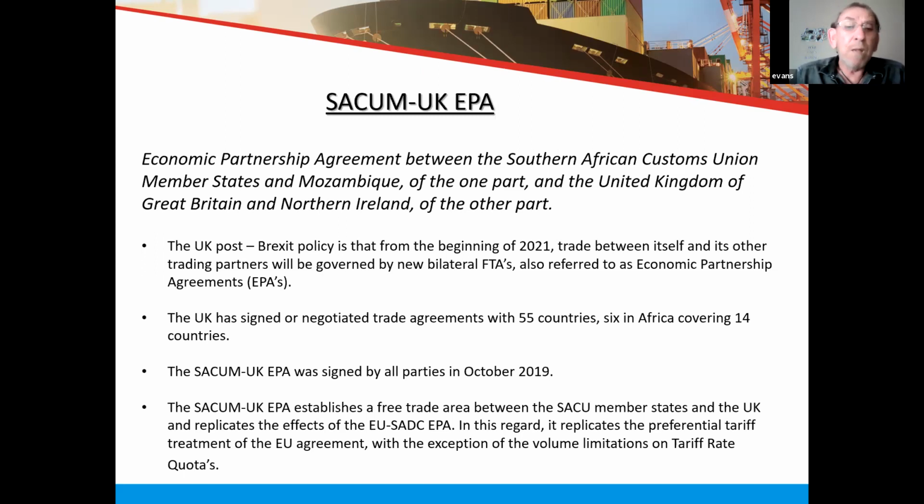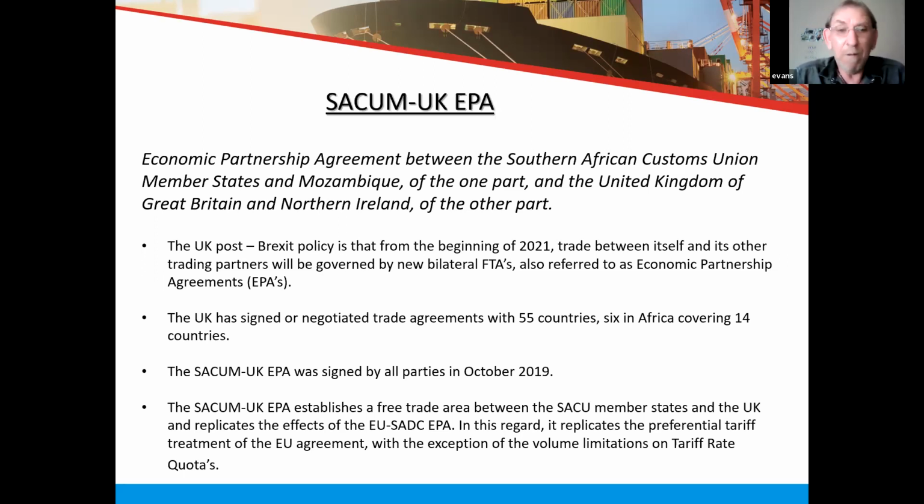an important one. So it says the SACUM UK EPA establishes a free trade area between the SACUM member states and the UK. And this is the important part. It replicates the effect of the EU SADC EPA. In this regard, it replicates the preferential trade treatment of the EU agreement with the exception of the volume limitations on tariff rate quotas. In simple terms, basically what that means is the new trade agreement that we have with the UK is almost a mirror image of the current EU trade agreement that we've been familiar with and is